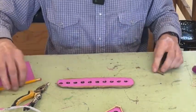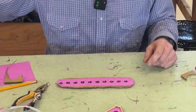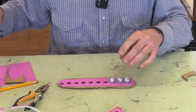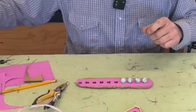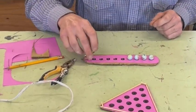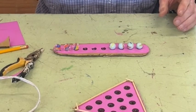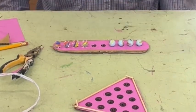But anyway, this game is called Switcheroo. And what you want to do is put 4 of the white marbles on one side and 4 of the cat eye marbles on the other side. All right,